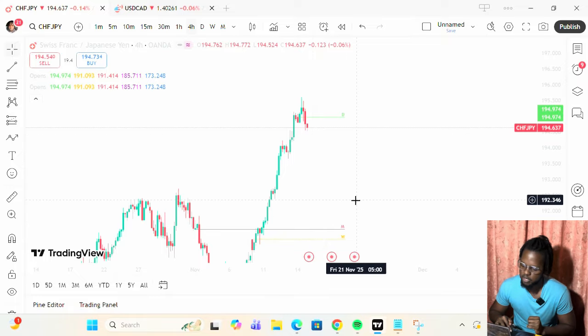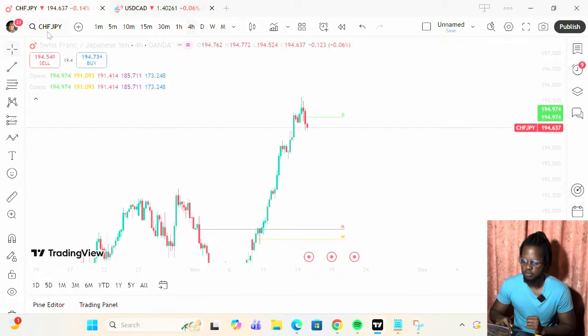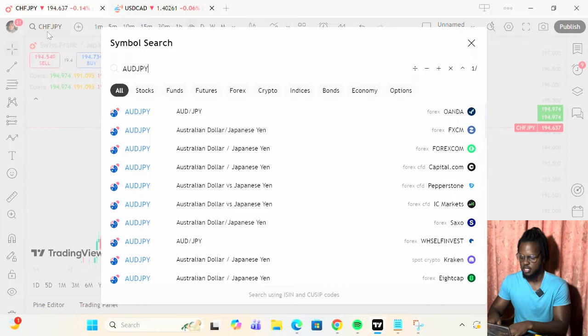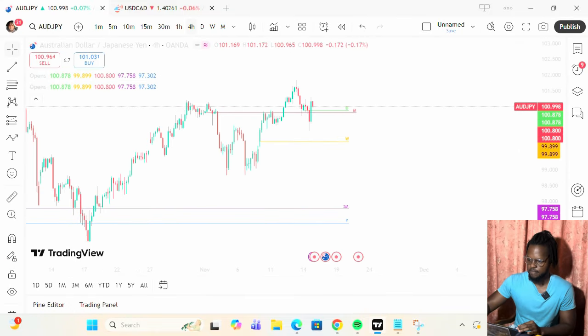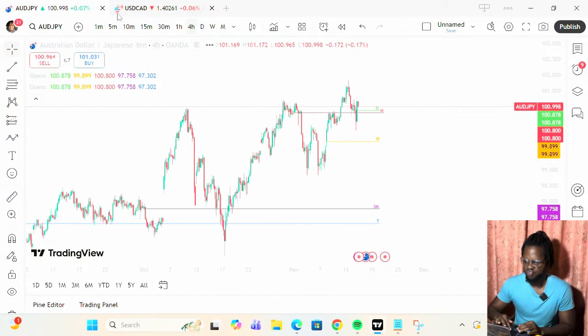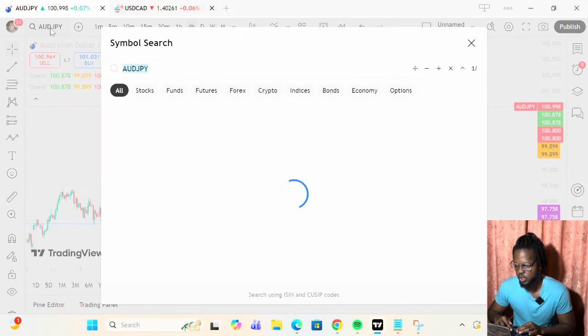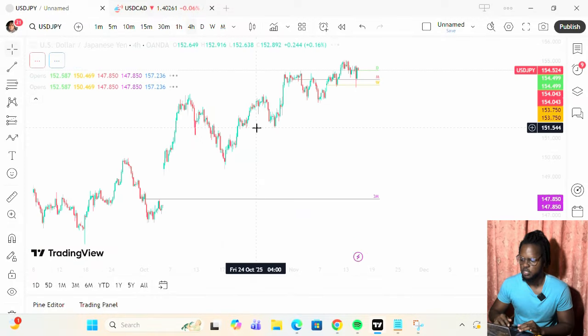But honestly, I see price dropping probably all the way to the monthly open. So unfortunately, I'm going to need a larger pullback on this before I can even think about entering a long position there. Nope, nothing here for me. I don't think Aussie yen has anything very interesting. US dollar probably.